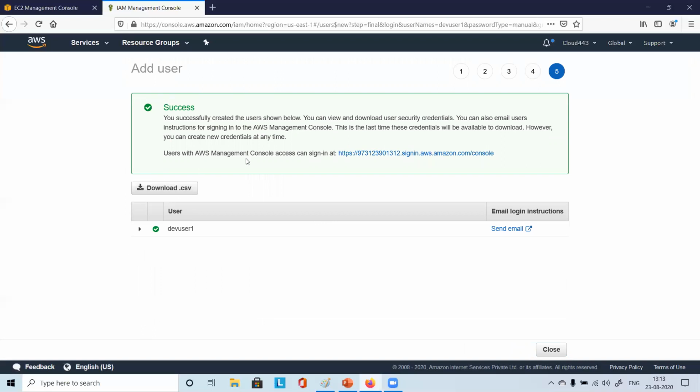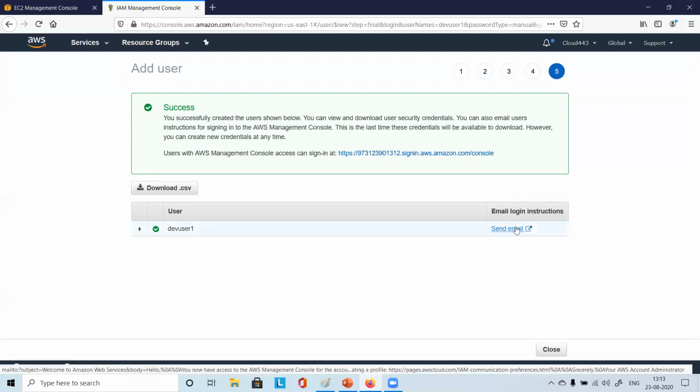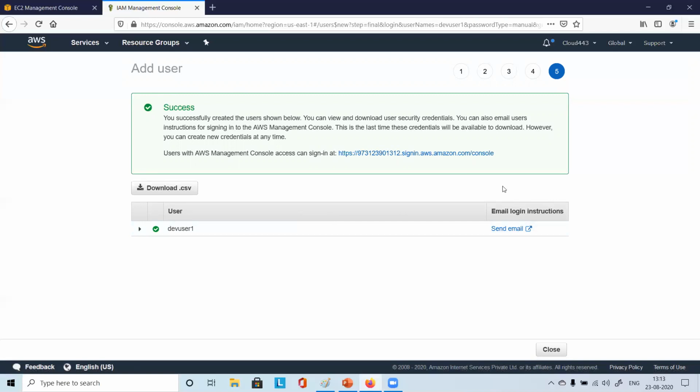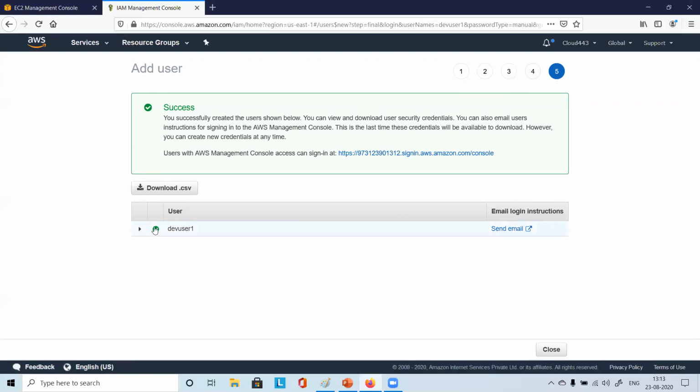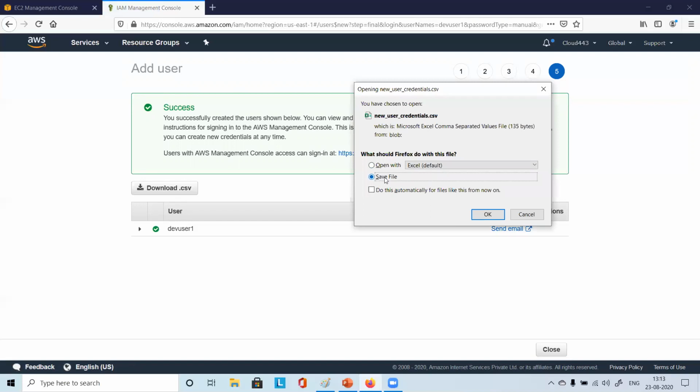Users with AWS Management Console access can sign in at this location. They're giving us the option for downloading the CSV file, and you have the option to send email directly. If you have any email client configured, simply click on that and send that email to the user, if you have the user's email ID. Or you can download the CSV and save that.